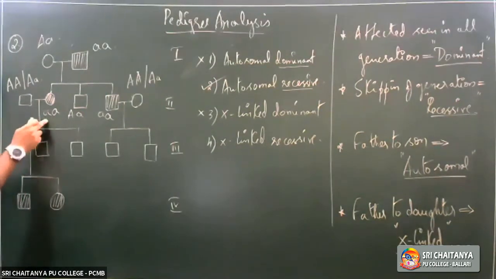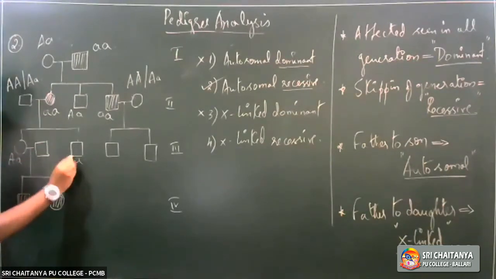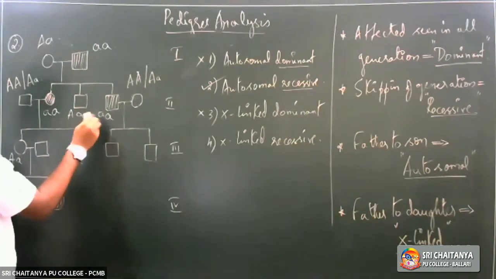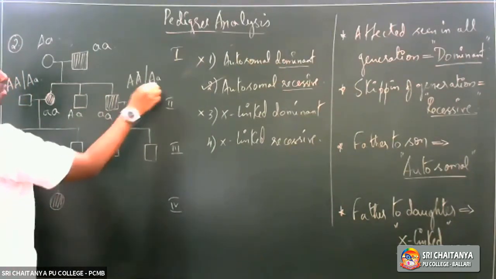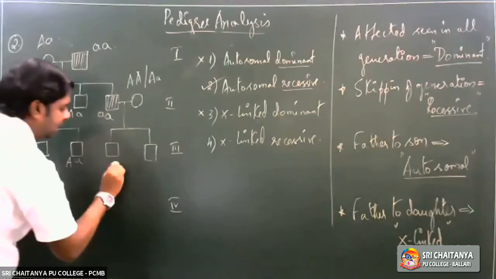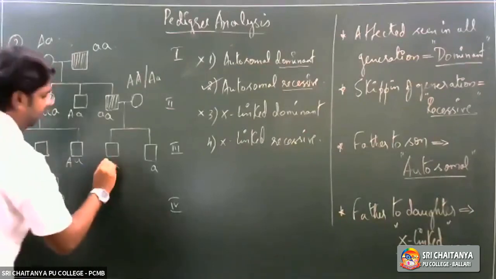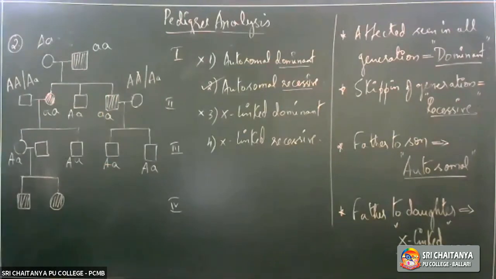In this condition here, affected female will give recessive allele to both the children. Now which allele should come from the father? Since none of the children here are affected, definitely it would be a dominant allele coming from the father. Right. Next one, talking about this condition here. Father is affected and mother is normal. So we said mother's genotype would be either homozygous dominant or heterozygous dominant. Now the father will give recessive allele to both the children. And which allele will come from the mother here? It would be definitely a dominant allele here. So the mother could be either homozygous dominant or heterozygous dominant.